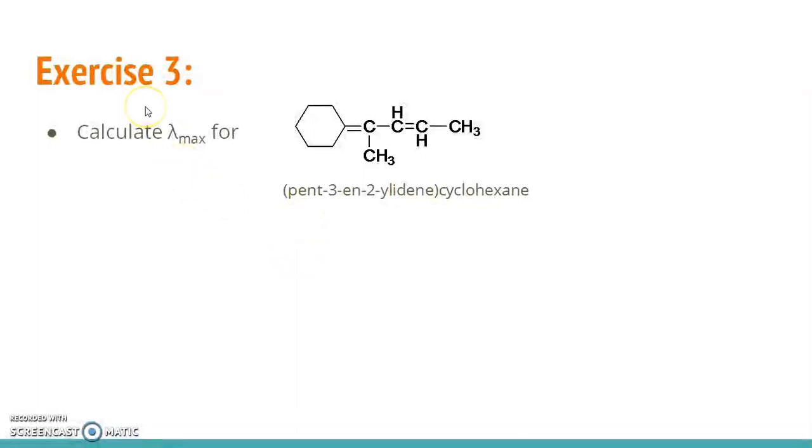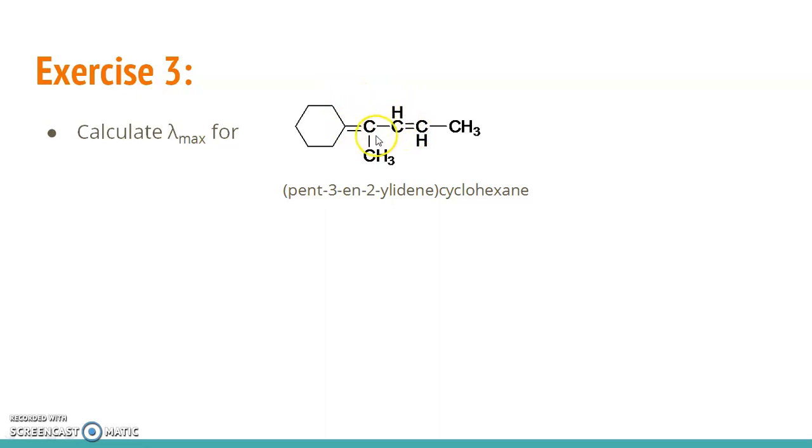We shall now take the next exercise, wherein we shall calculate the absorption maxima value for this particular molecule here. At first instance, what we are looking at is a ring system which does not have any double bonds, whereas there is a double bond which is not part of a cyclic structure, and there is one double bond alternating with one single bond and another double bond, so